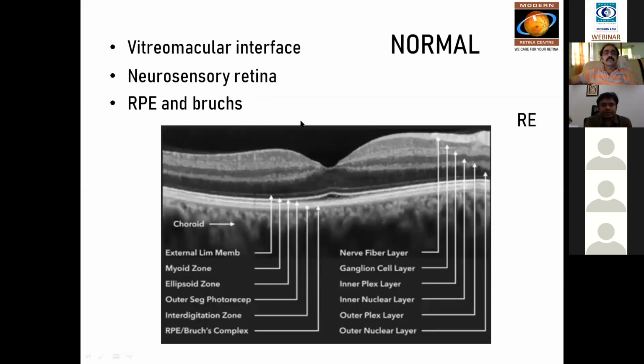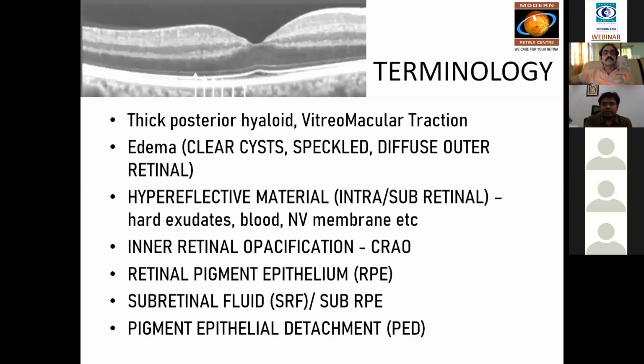These terms are very important because we describe the majority of pathologies which happen at these interfaces. The next one is the RPE and the Bruch's membrane. So 3 different layers are very important to identify the level of the pathology. When describing an OCT, there are certain terminologies which are commonly used. Just go through the terminologies, but later once you see the images, we get a clear picture of what exactly they are.